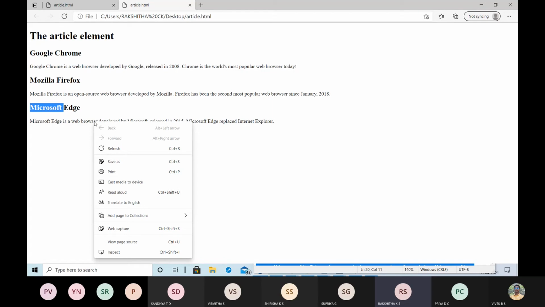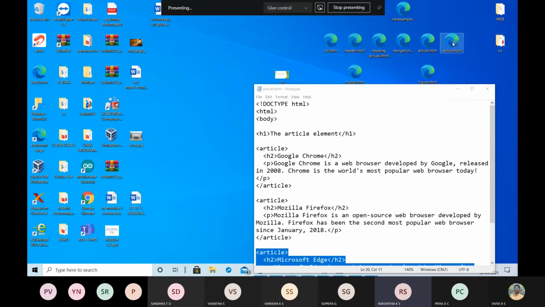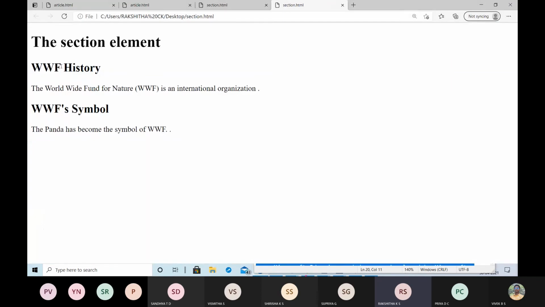Just by seeing that Google Chrome, you will come to know that whatever data and information is present inside the Google Chrome represents a self-contained composition in a document. But in the case of the section, it represents the general section of a document. Just click on that section. Here it contains only the general section of a document.